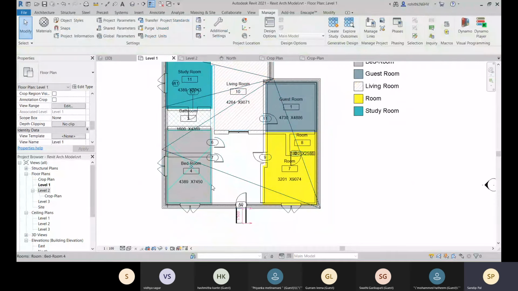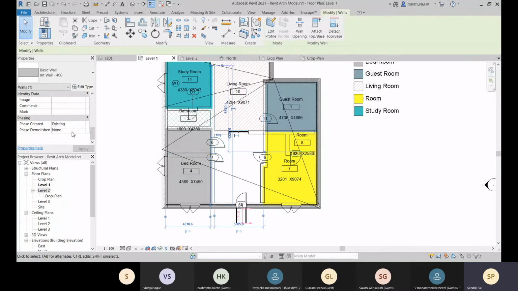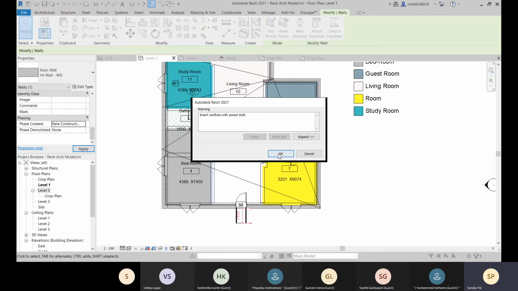Now you can see that it is not included here right now. That's because the phase filter is show new. All the new elements will be shown. So now if you go for this show complete, this thing will be added. And to select this, now let me go for this. Now this is new construction over there.